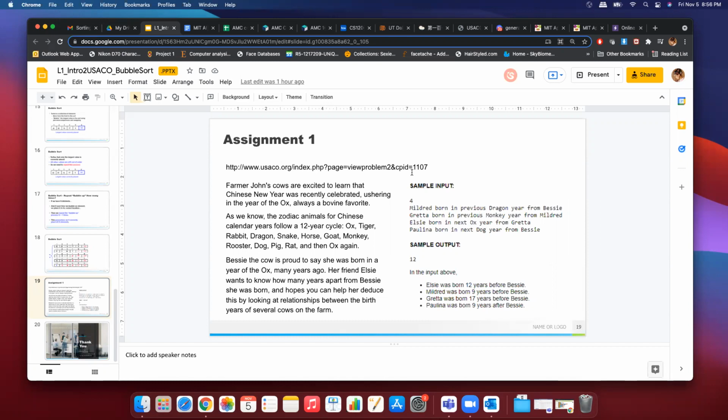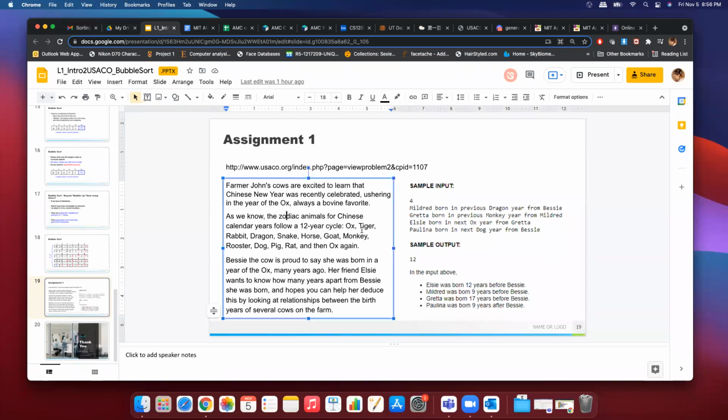Here is a link for the assignment question. And this is, like I said, the second easiest question within last year's test season, the whole 4 months test season. The question here is kind of the year of the cow, the year of the ox. Everybody knows the Chinese zodiac repeats every 12 years. And then, again, Farmer John's cow